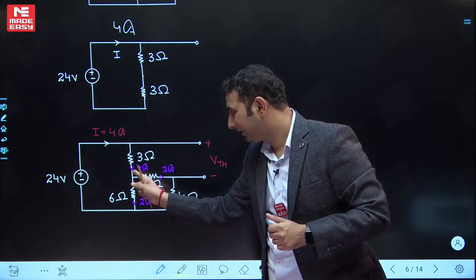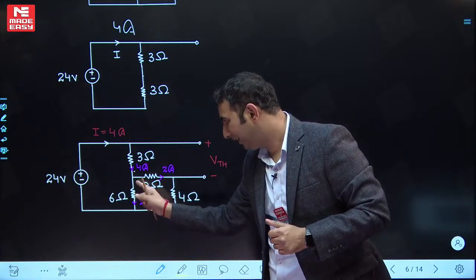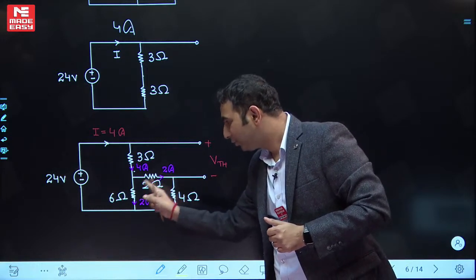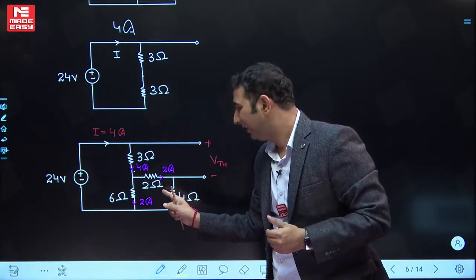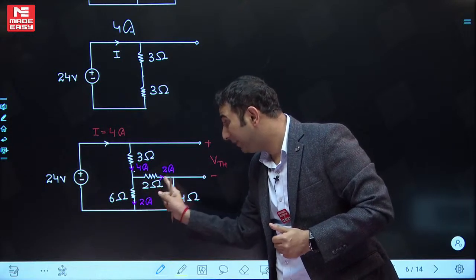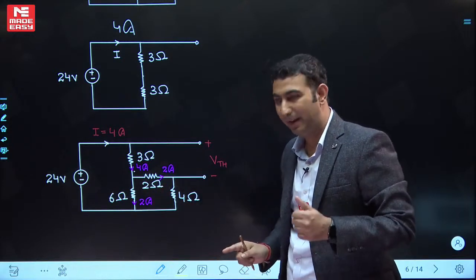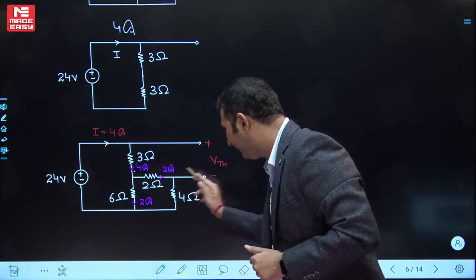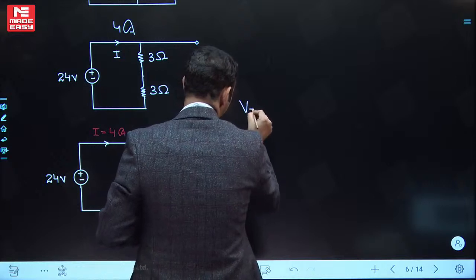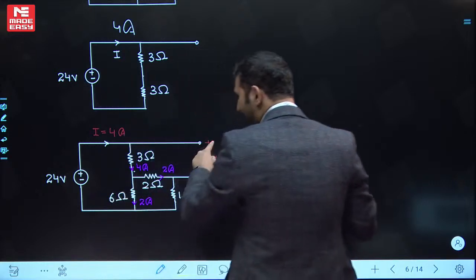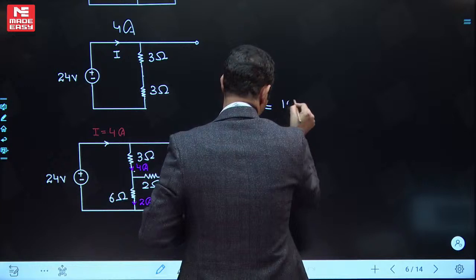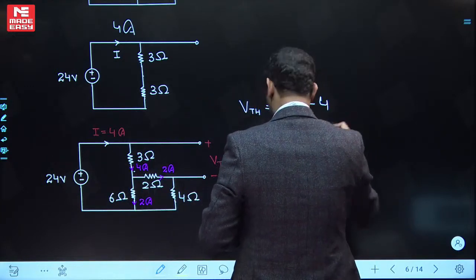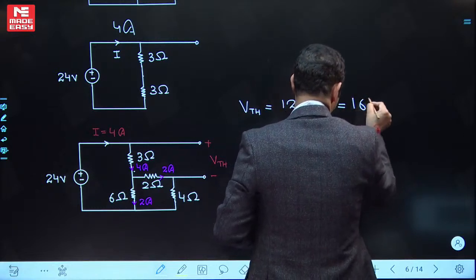After reaching this resistor, this current will have two paths, this one and the parallel path, because again this is open, no current will be flowing in this branch. As these two paths have equal resistance, the current will get equally divided between these two, 2 and 2. Now you want VTH, apply the KVL in this loop. If I apply the KVL, VTH will be equal to 3 into 4, 12, plus 2 into 2, 4, and this is coming as 16 volts.